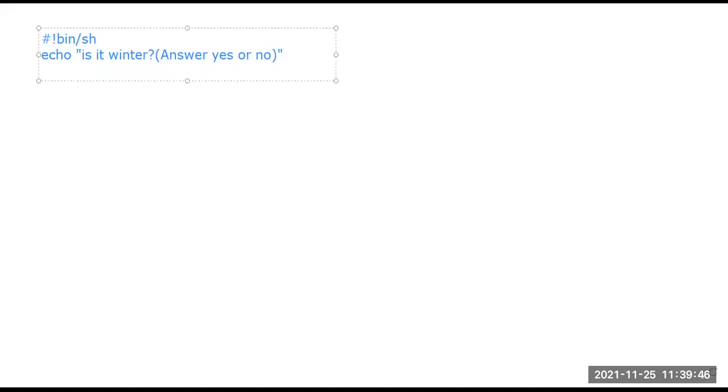Okay, next. So if it is winter, whatever answer we get, then for that, the real time of the day. Now I am trying to find out the real time of day, a particular time. Then depending on the time of the day, this is another type: depending upon the time, we are trying to use some control structure example.